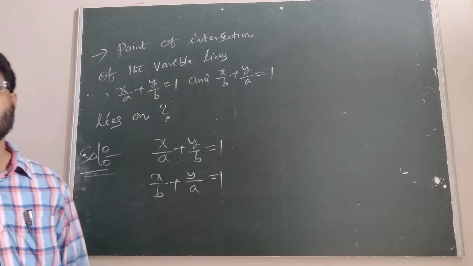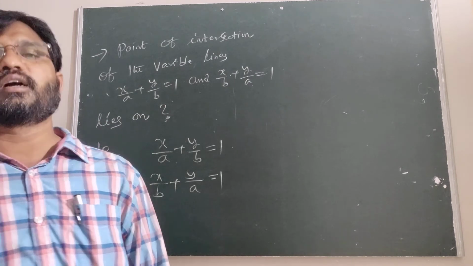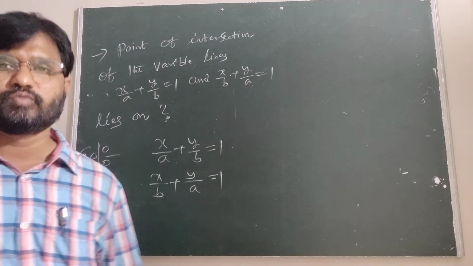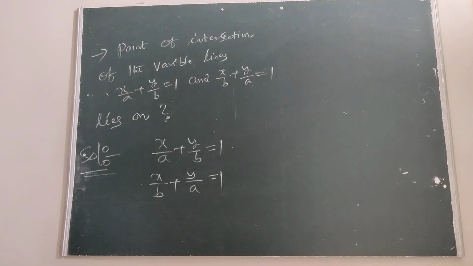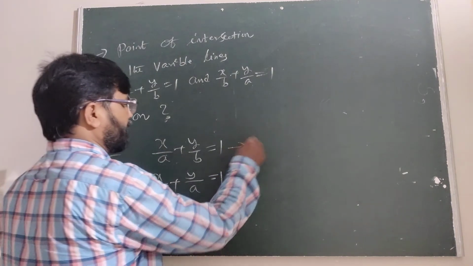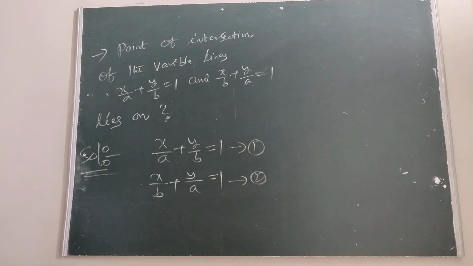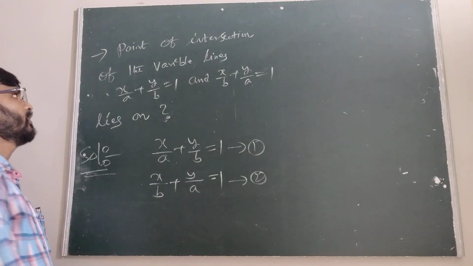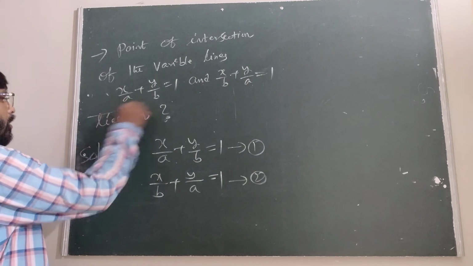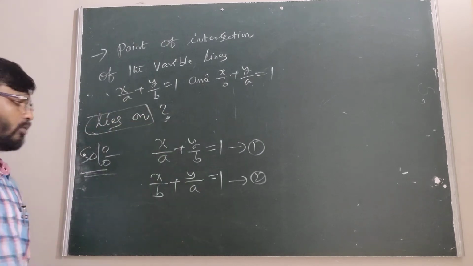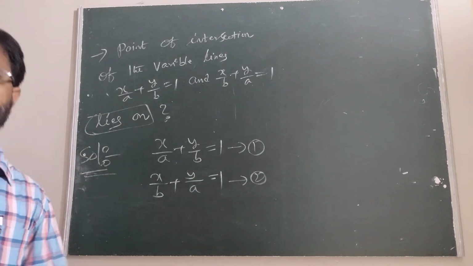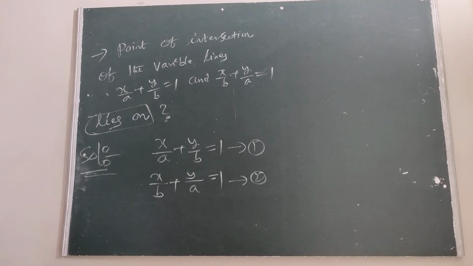That is ab by a plus b, ab by a plus b. That is x equal to y. The solution is x minus y. And another method is this, 1 and 2. Now, to find the locus, we have to remove a and b. Therefore, how to remove them here?